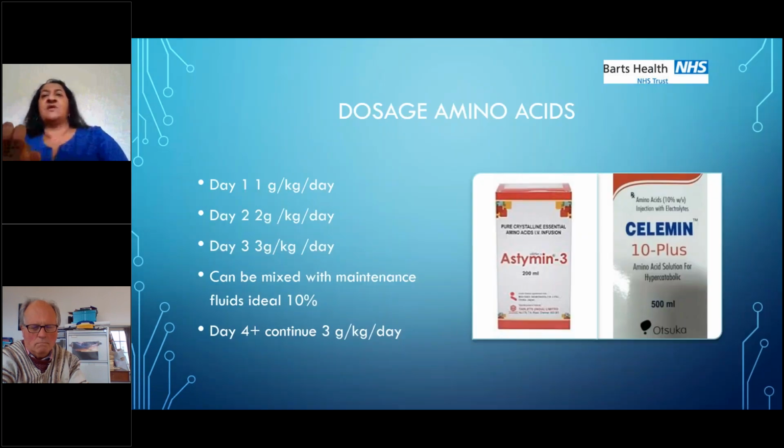Astamin and selamin are 2 amino acid preparations. We built it up according to grams per kilo, but what we also had to assess was the actual individual amino acids. Both astamin and selamin were originally derived for adult burns patients. And when you individually look at the compounds, they are safe in a neonate for about 2 to 3 weeks,